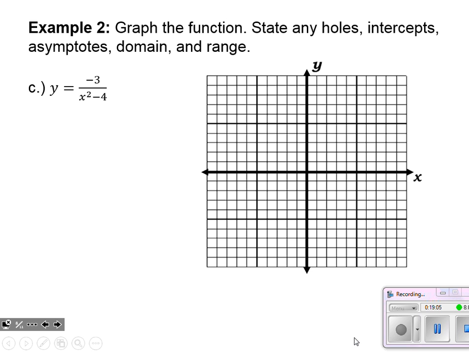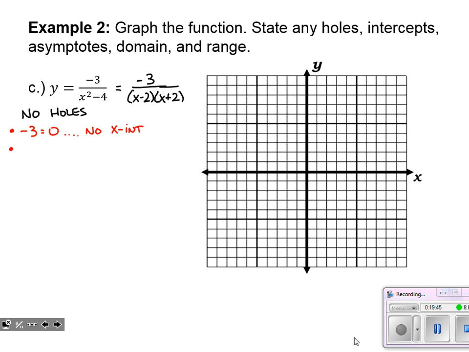All right, letter C. Here, let's factor and simplify. Can't factor the numerator. That's just a constant, but the denominator is a difference of squares. Okay, so we'll factor that out. That's going to make it a lot easier to figure out where the denominator is 0 and so forth. Okay, so I figure out, since no factors canceled, there are no holes in the graph, which is always good. That makes domain and range easier. Let's move into our 3 zeros. If the numerator were to equal 0, well, I'd get this equation, -3 equals 0. No x-intercept. Okay, and we haven't had one of those yet.